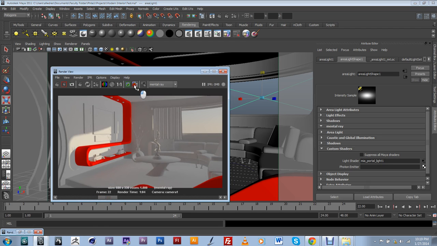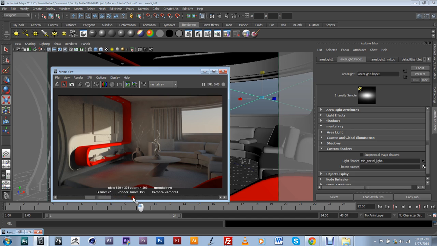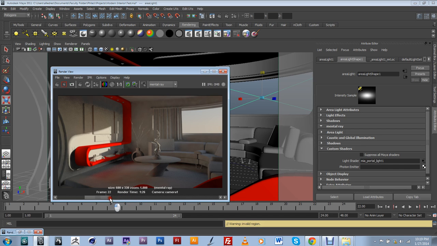And again, I'm going to get rid of this one, and I'm going to get rid of this one, and compare what it looked like before I added the shader and the light. So it definitely brings our colors out a little bit more out here, and